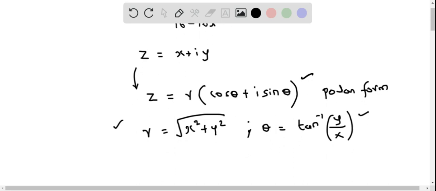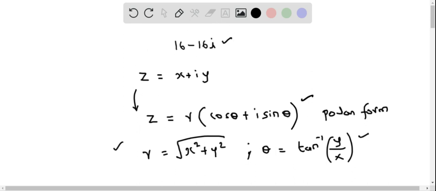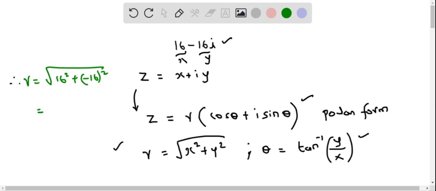So let's determine r from this complex number. Consider 16 as x and negative 16 as y. So we can find r using the formula, which is the square root of x squared, that is 16 squared, plus y squared, which is negative 16 squared. So let's determine this. 16 squared is 256, and negative 16 squared is also 256,